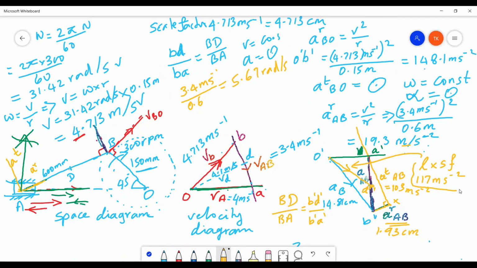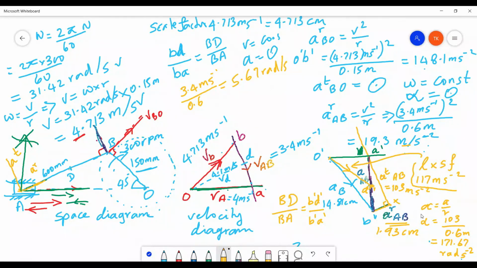And the angular acceleration is also asked. What you have found is the acceleration. Alpha is equal to A upon R, I told you. Tangential acceleration, alpha is equal to A upon R. So alpha is equal to A, which I found 103, upon R. The connecting rod is 600, so that is 0.6 meter. That is equal to 171.67 rad per second square. Mark the units: angular acceleration rad per second square, angular velocity rad per second. So this is the final answer.